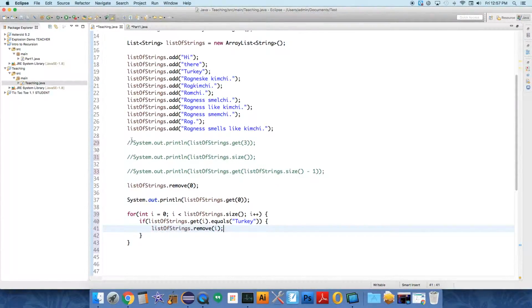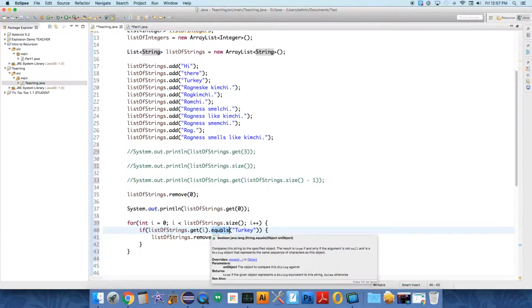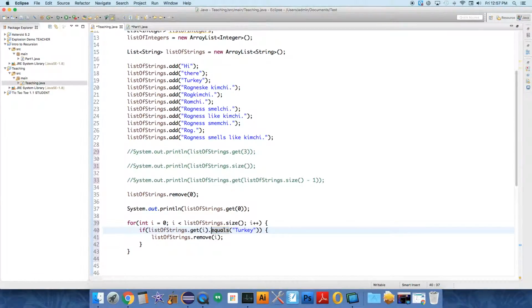So this syntax is a little weird if we haven't talked about it yet. What this does is it gets the item at that index, and what is that item? Well, this is a list of strings, so it returns a string. So this returns a string object. And what can you do on string objects? Well, strings have this equals method. So this would be the equivalent of me